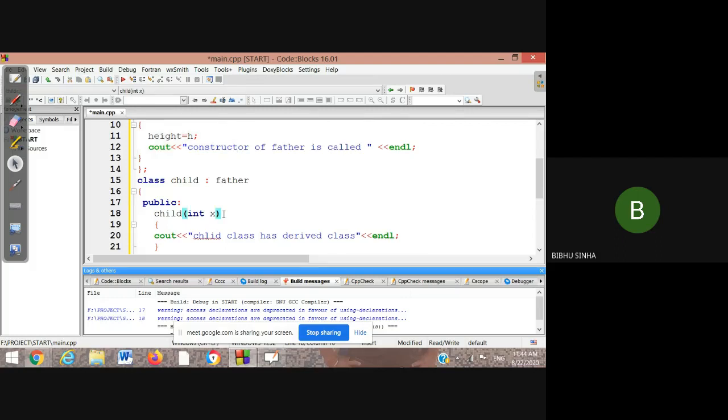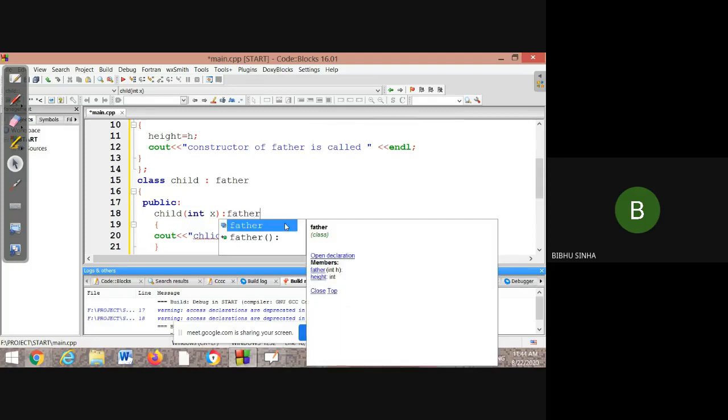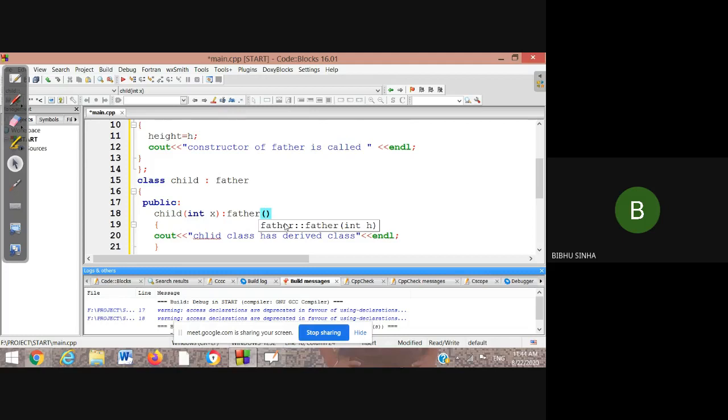See, I'm passing the values. How can we pass the values from the child class constructor, meaning the derived class here? The child class is our derived class. So here just use the colon, right? Give your class name, Father, and here you give the parentheses, because the constructor is Father's.